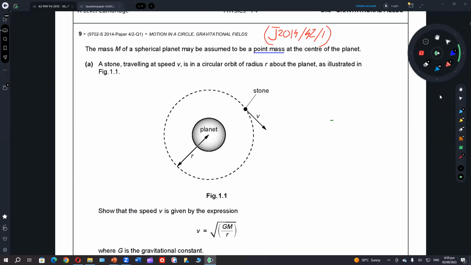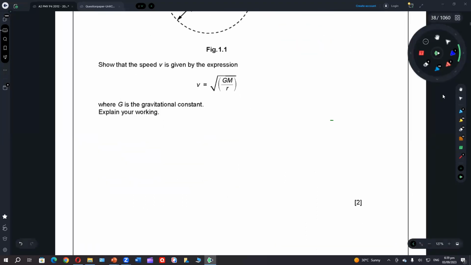A stone traveling at speed v is in a circular orbit of radius r about the planet as illustrated. Show that the speed v is given by this expression. This is their favorite Kepler law derivation. And as I mentioned in my regular classes, in A2 derivations are repeating. So